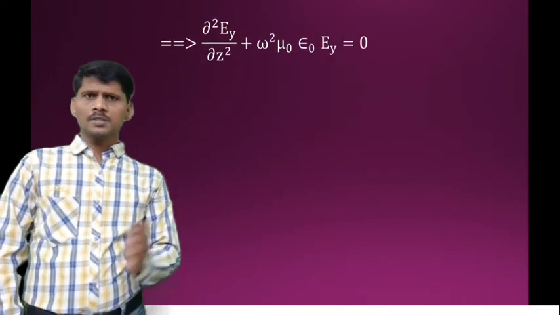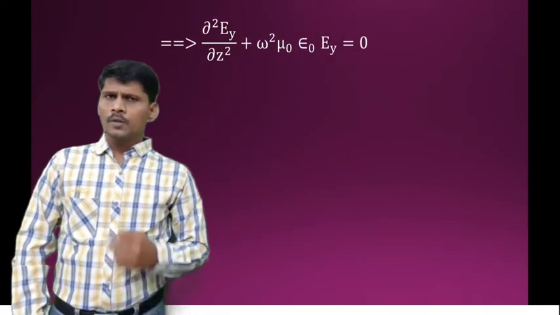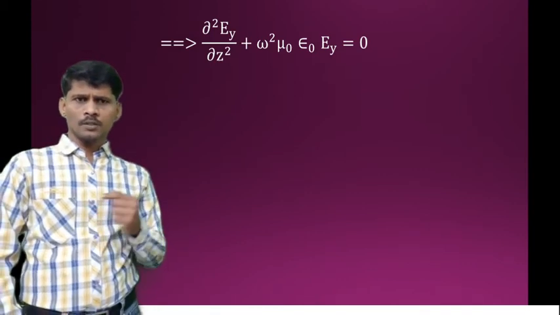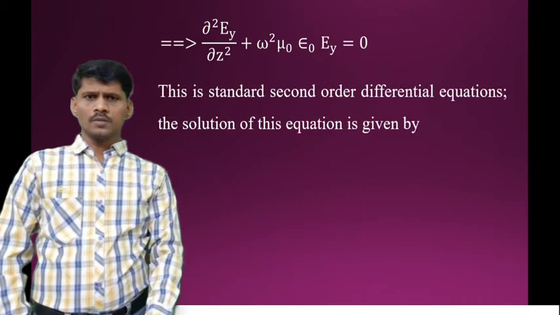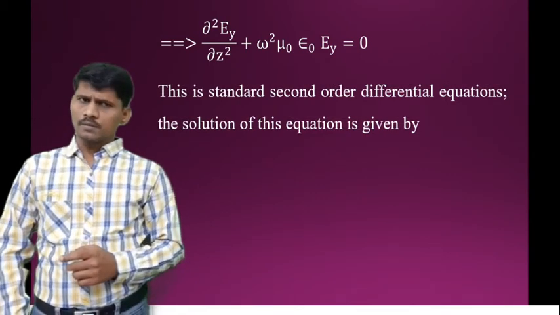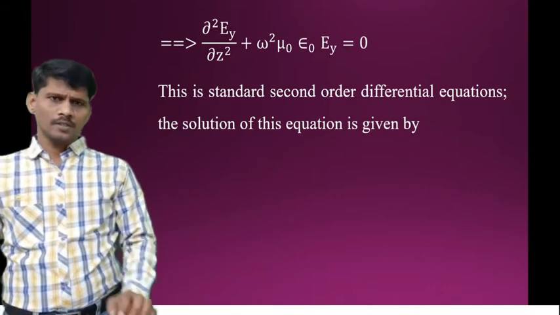So the RHS term is coming to the LHS side. We have ∂²Ey/∂z² + ω²μ₀ε₀Ey = 0. So this is the standard second order differential equation. The general solution of this equation is given by